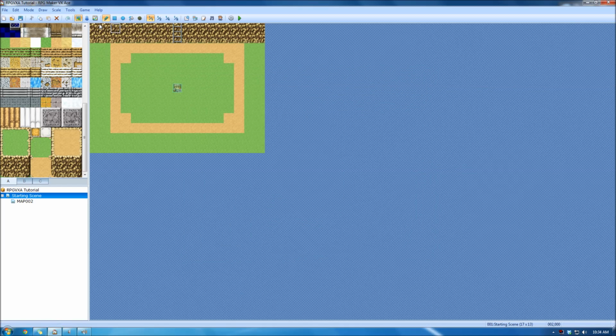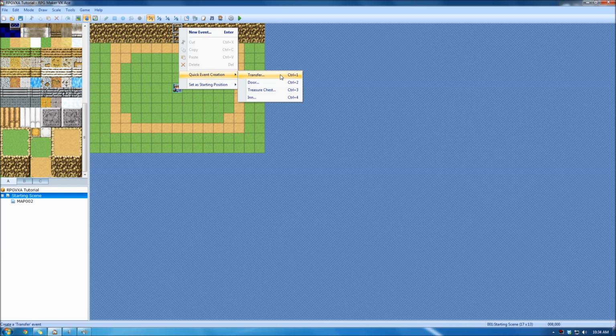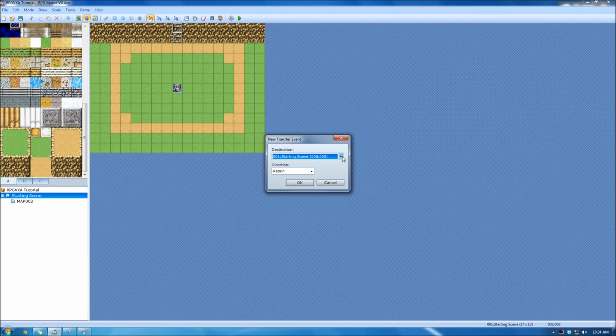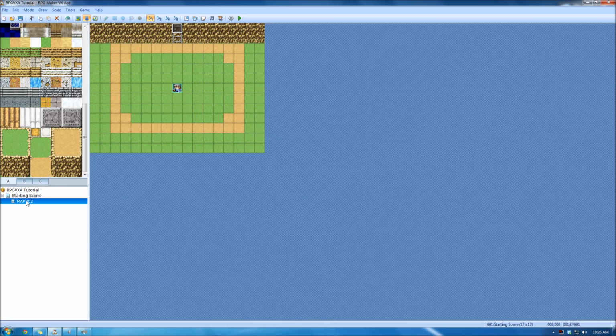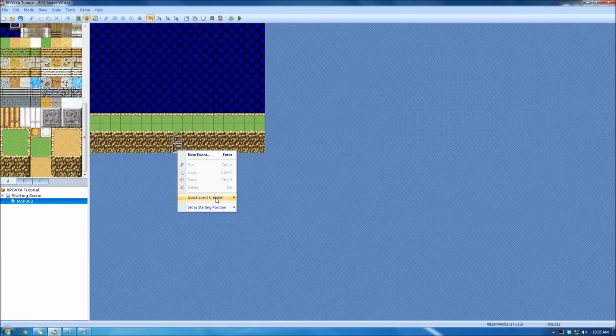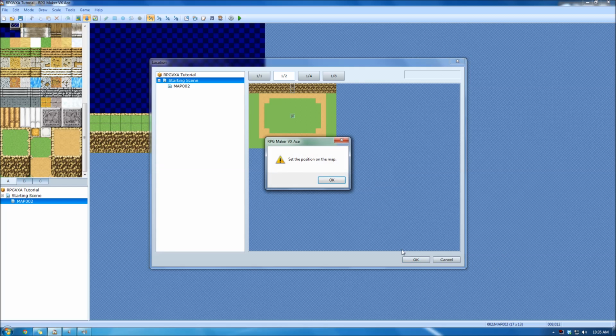And we'll also need an event to transfer from one map to the next. So what you do is you'd select the eventing mode, right click, quick event, transfer. What this does is you just select where you want your guy to move. So we'll just select him at the bottom of the next map on the ladder. And same thing to get back. Transfer, starting scene,